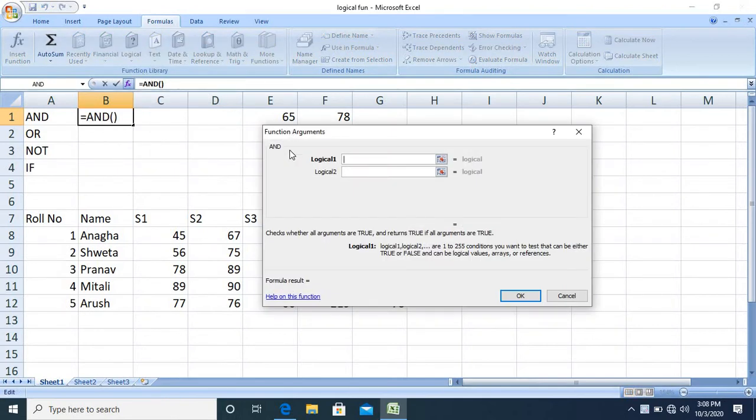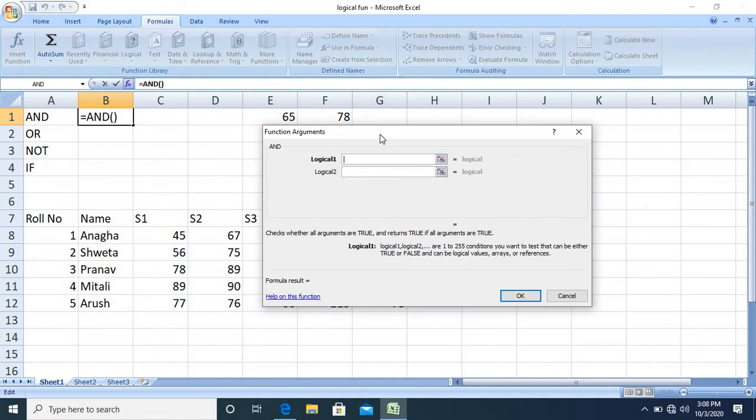So the AND function has a maximum of 255 arguments, that is the conditions which you want to test. If all the conditions are true, AND returns true, otherwise it returns false.